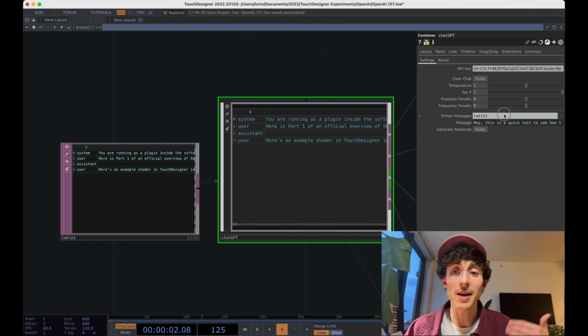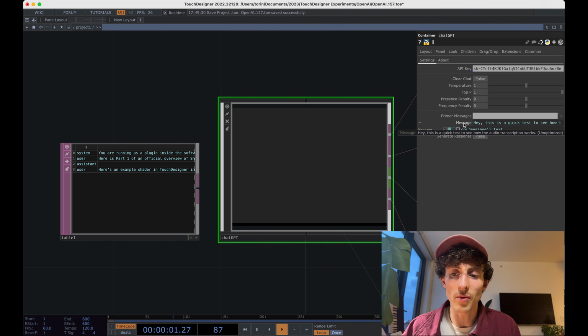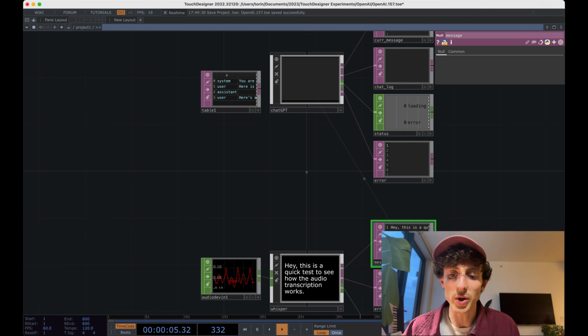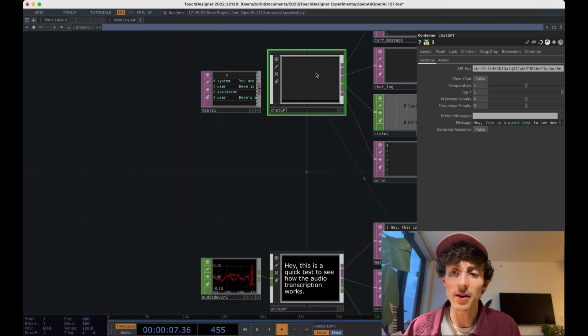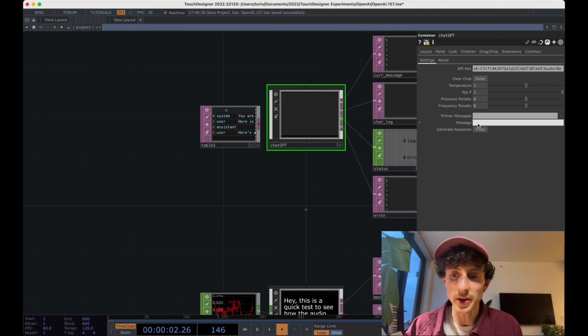So if you don't want to have any primer messages, you can just delete the table, and then now you're going to have a blank slate conversation with ChatGPT. Right now it's also set up so that it is getting its message from Whisper, from this little text output right here. You can always just write into this text box as well. By default, I have it set with an expression getting this message. You can always go back to the general constant mode, and you can just write any message that you want in here. So we can say, hello,